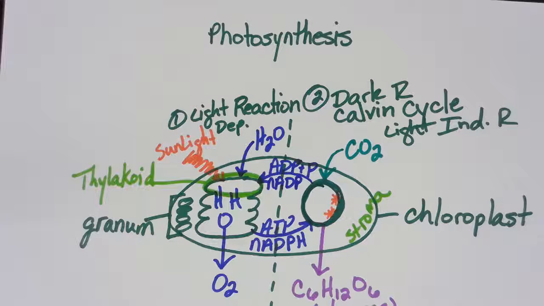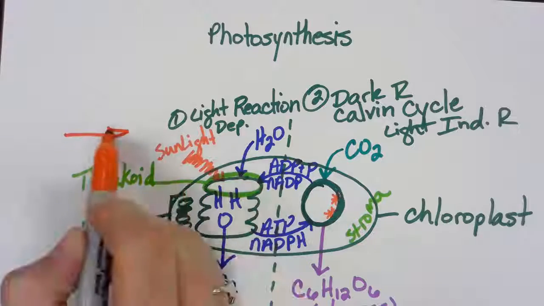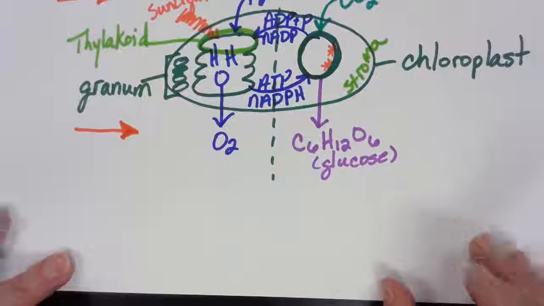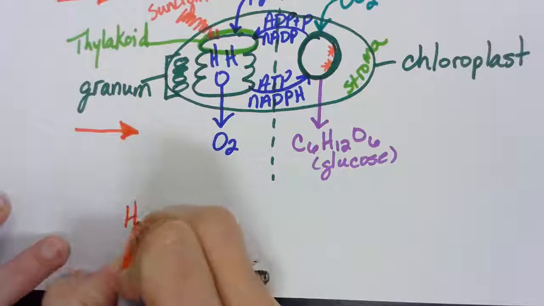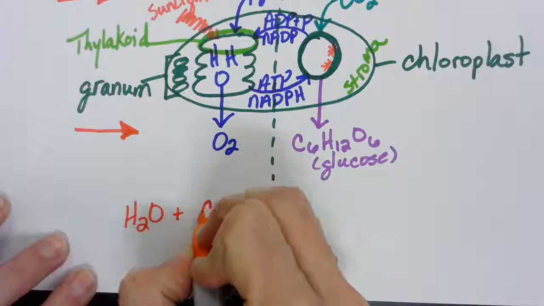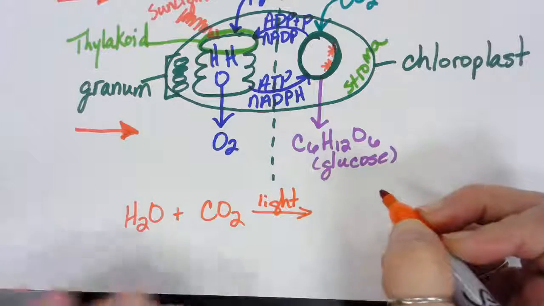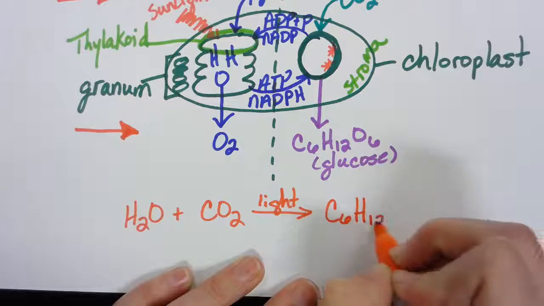So out of this entire process, what are the reactants of photosynthesis? The reactants are everything coming in on top, and the products are everything coming out on the bottom. With that being said, let's do the equation. Let's move that on up. So what goes into photosynthesis? Well, we have water and we have carbon dioxide. It works with the light and it creates our glucose, C6H12O6,